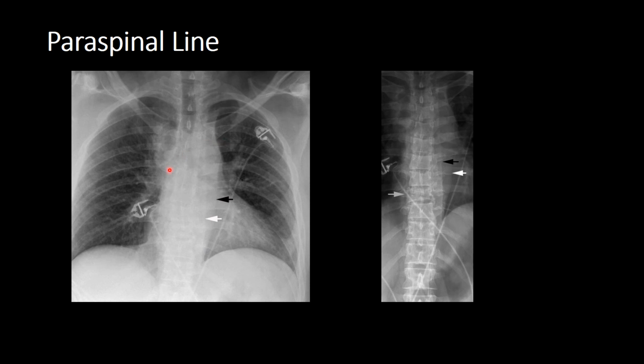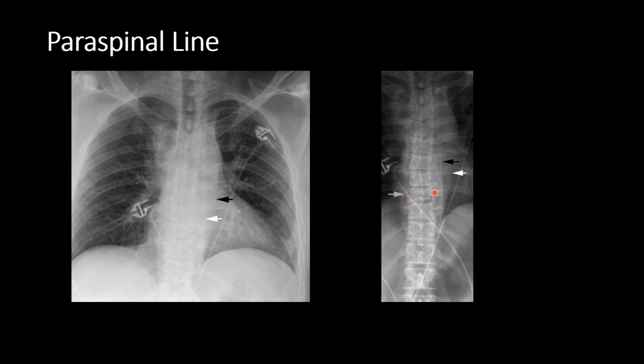This is an excellent reason why you should always do dedicated thoracic spine views. I know people occasionally cheat and they will actually crop a chest x-ray and think that that's an adequate thoracic spine view, and it's not. You need to have an adequate penetration. So here's a well penetrated AP thoracic spine, and suddenly we can see that we have a